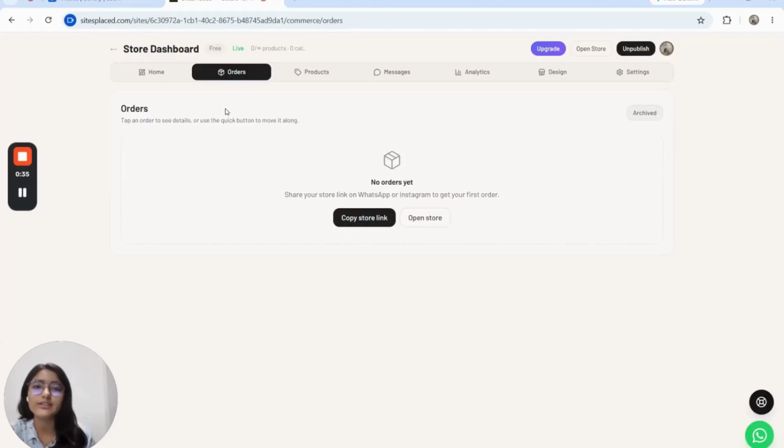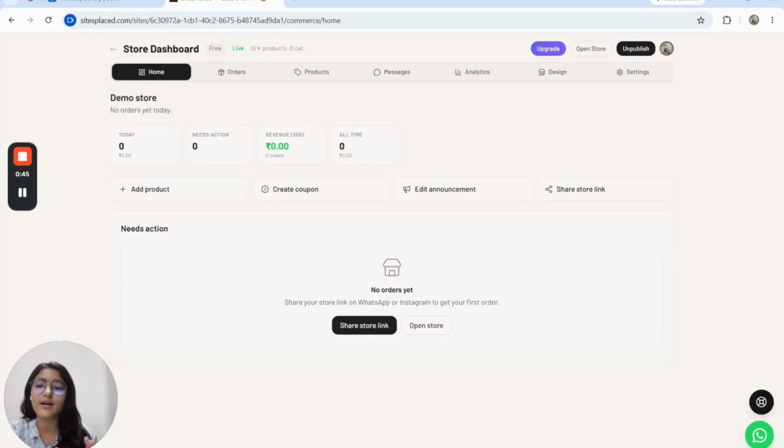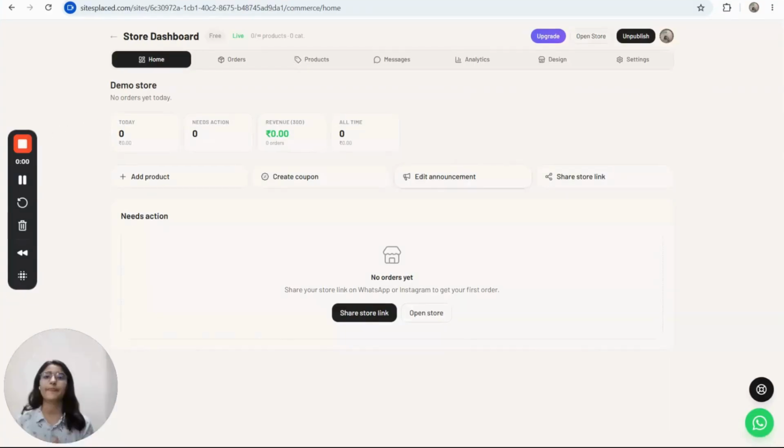This is the orders section where you can manage all customer orders from one place. Then this is the home dashboard where you can get a quick review of your store. With these features, you can easily build, customize, or manage your store from one place.